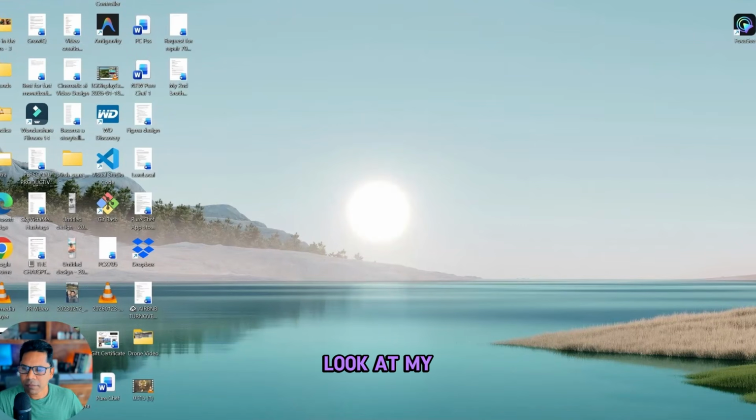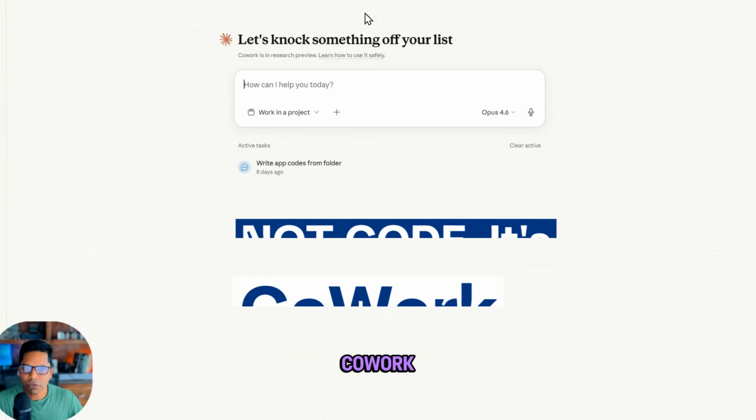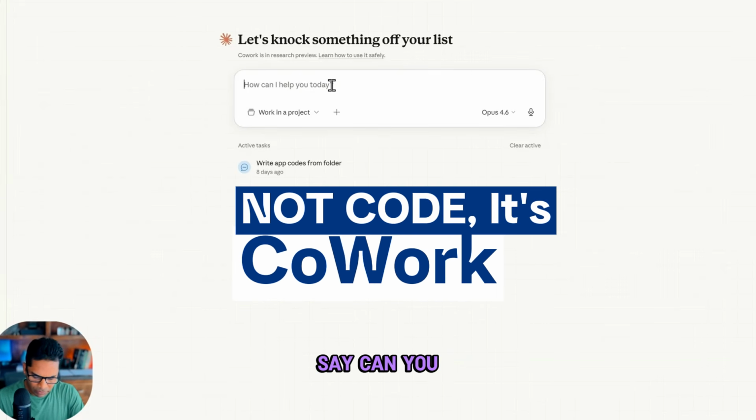So if you look at my desktop, how messy and all over the place, I'm going to ask Claude to go to my desktop, clean out everything, and make my desktop nice and neat and clean. So you go to Claude and you have chat, co-work, or code. I'm going to go to code and I'm going to say, can you